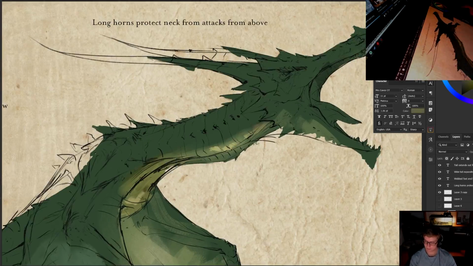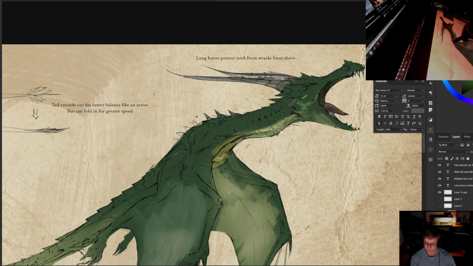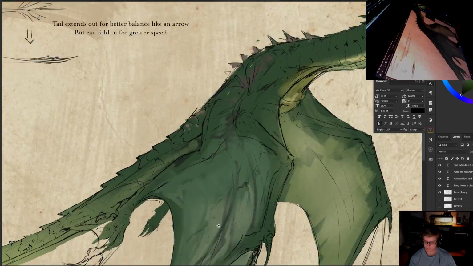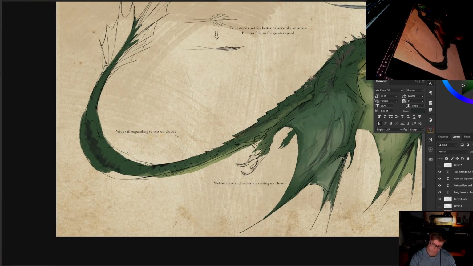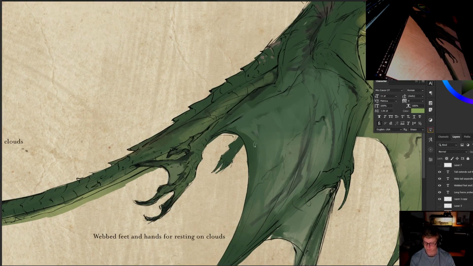I redesigned dragons for my fantasy world building project. First thing to get out of the way, they're called dragons, not wyverns, because it's my world and I can call them whatever I want. My idea was to create a cool looking dragon that makes sense, could theoretically fly, and is adapted to the